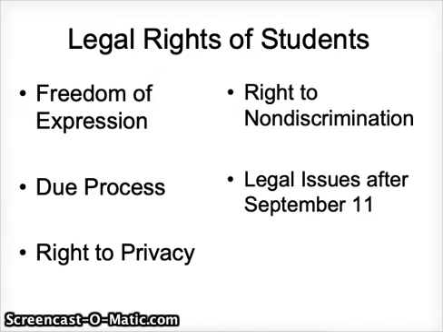You might want to write down here Fourth Amendment. This is the Fourth Amendment, which has to do with security and privacy at school. Students have a right to their private belongings. Issues related to this particular right have to do with when schools do search and seizure of student items. The key word here is it has to be reasonable, and there has to be a suspicion of something, normally known as contraband. This could be drugs, this could be weapons. The right to privacy has changed tremendously in recent years due to many of the violent acts occurring in schools, because we need to keep students safe.